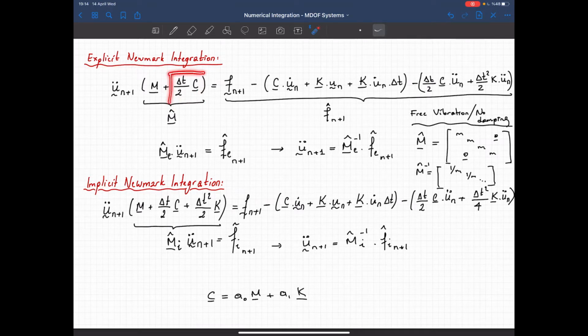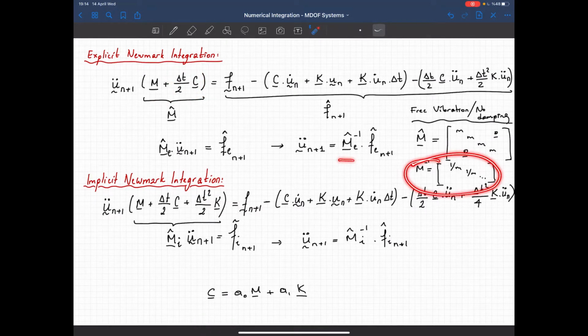That's why you cannot just use this matrix to calculate the acceleration. Again, when you have damping, if you use the explicit Newmark, at every time step you have to do the factorization. Of course, here I'm talking about the nonlinear problems,